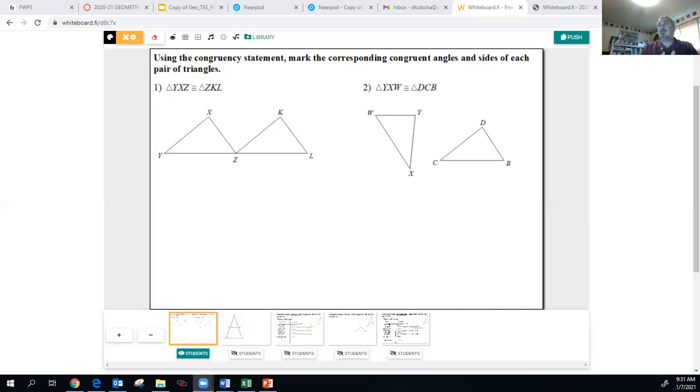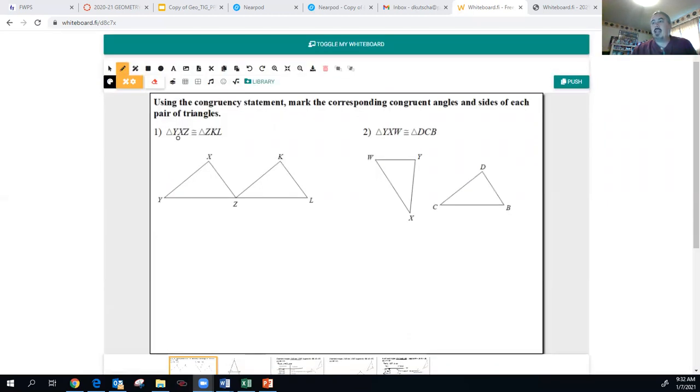Here we are. We have a congruency statement. The congruency statement is that the triangle YXZ is congruent to the triangle ZKL. And all you need to do on an activity like this is just mark your triangle based off of the information given to you in the congruency statement. Congruency statement tells you everything you need to know. So